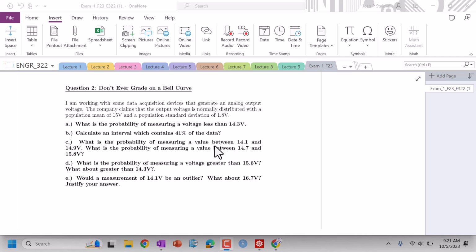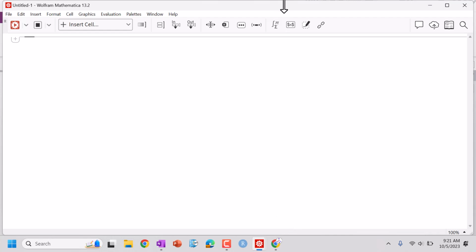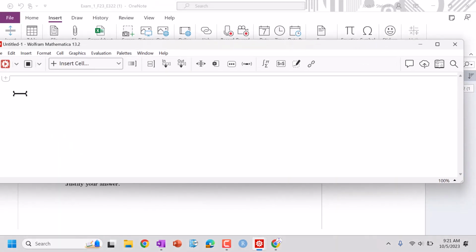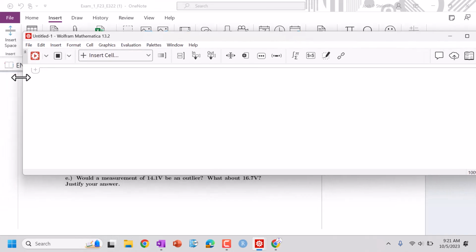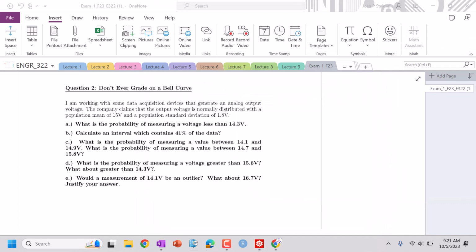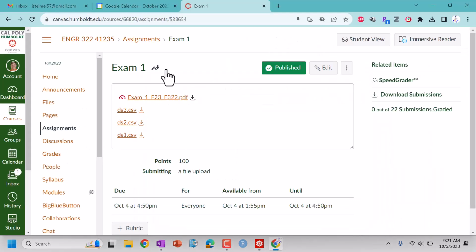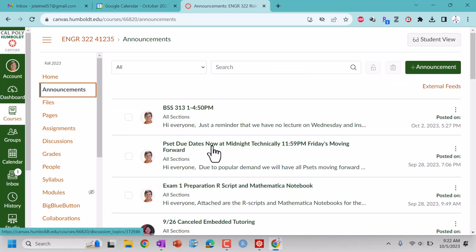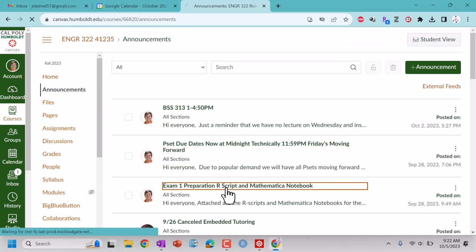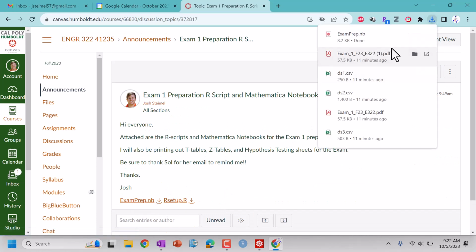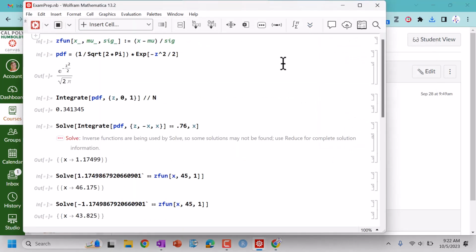All right, let's go ahead and start on problem 2. So I'm working with some data acquisition devices that generate that signal. Let's go ahead and try to move myself over here. I'm going to utilize some of our resources on Canvas. So I'm going to go to announcements, then exam 1 prep. I'm going to use this notebook, and I'm going to go ahead and get started